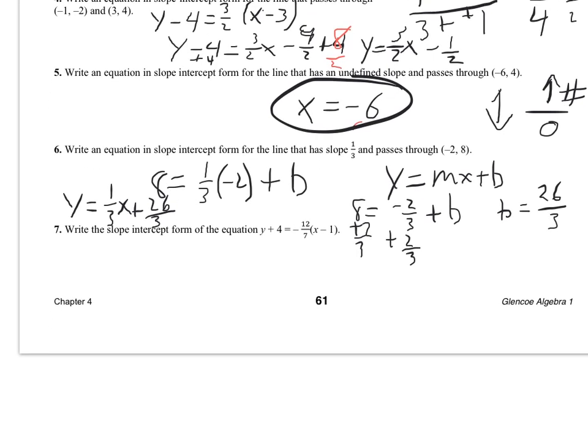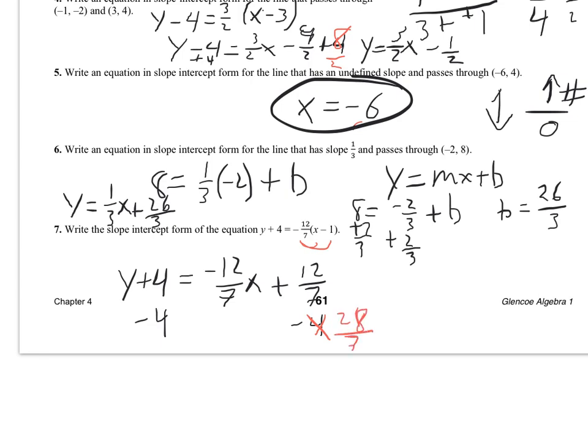All right, and let's go here to the last question. Write in slope-intercept form. Well, it's already been set up, so all I got to do is distribute. So I end up with y plus 4 is equal to negative 12/7 x plus 12/7. Subtract 4, and I can change this 4 to be common denominator would be a 7, so I times everything by 7, so I should get negative 28 over 7. And if I take 28 away from 12, I should get an answer of negative 12 over 7 x minus